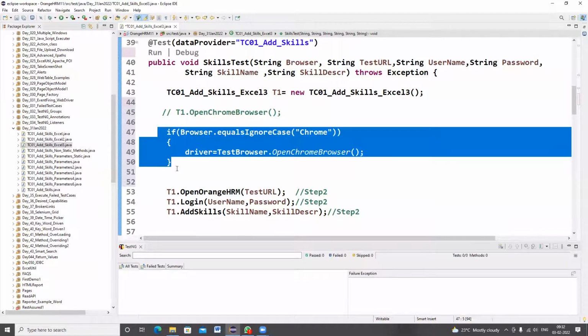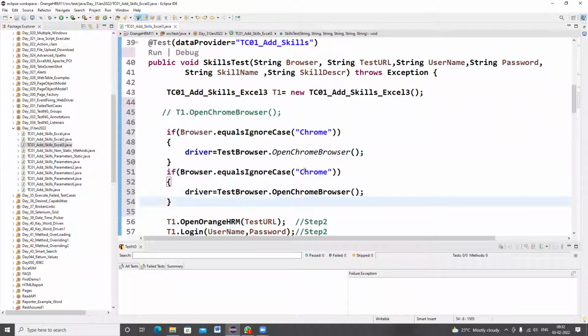Similarly, if the browser value is Firefox, I want to call the Firefox browser method, so the corresponding method I have to call.